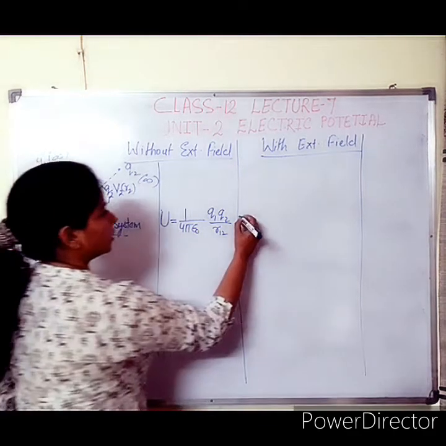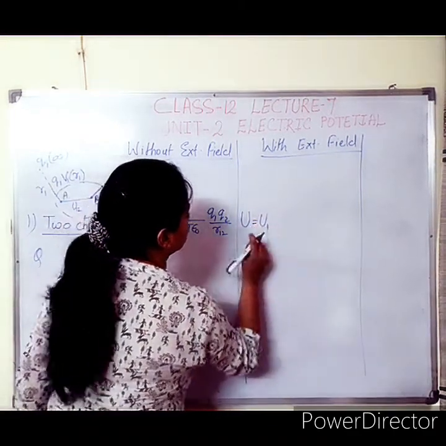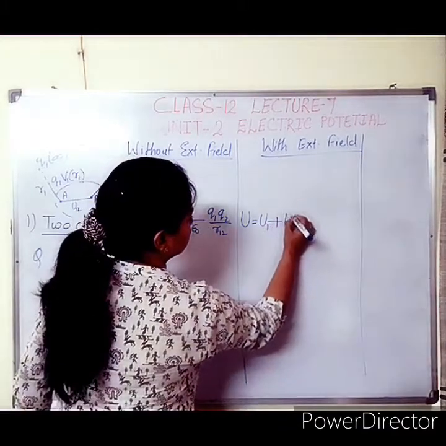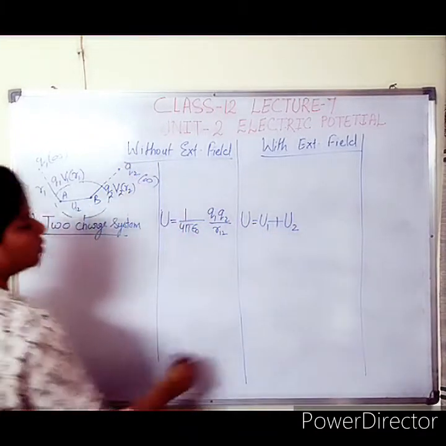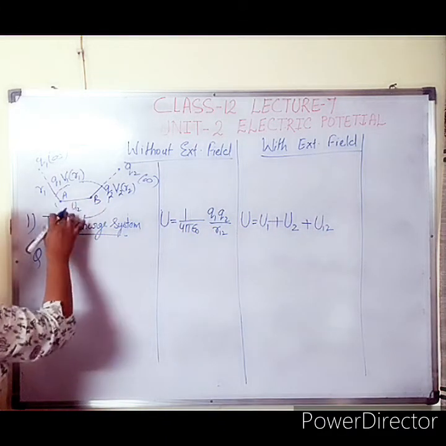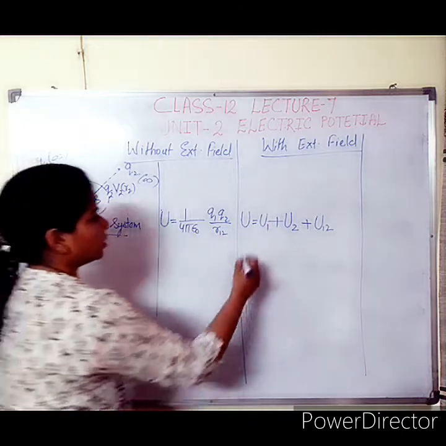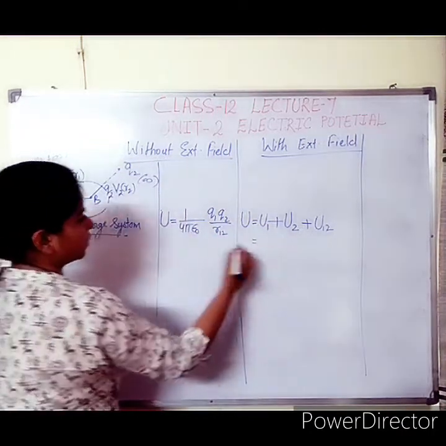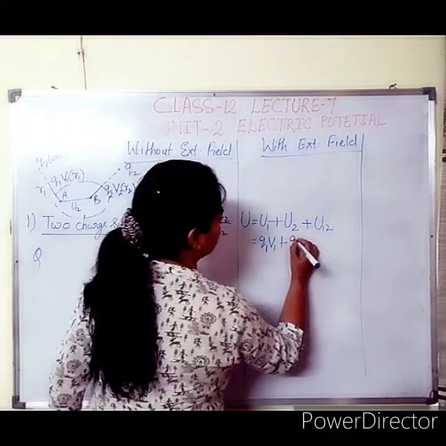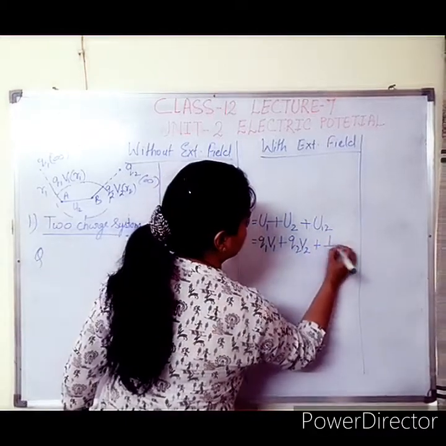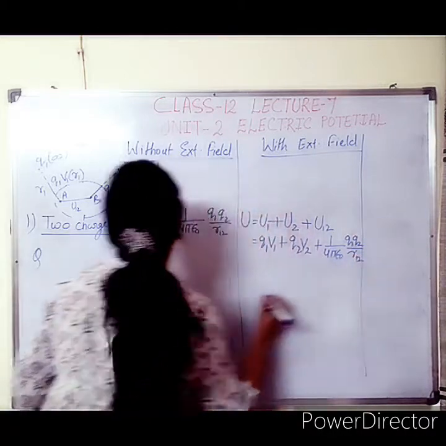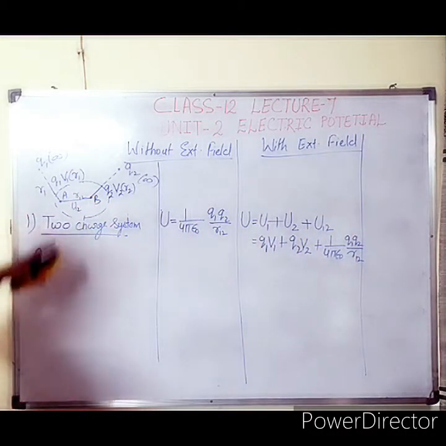So here we will write in short, U is equal to, first of all, the potential energy of the first charge U1 from infinity to point A, the potential energy of the second charge from infinity to point B U2, and the potential energy due to the system of charge, U12, due to the two charge system. So here for U1 we will get Q1 V1, for U2 we will get Q2 into V2, and for this we will get 1 over 4 pi epsilon naught Q1 Q2 over R12. Here R12 is this much distance in this figure.